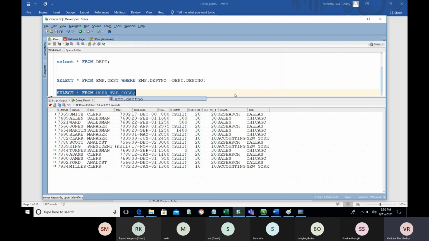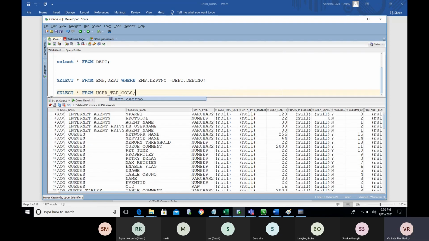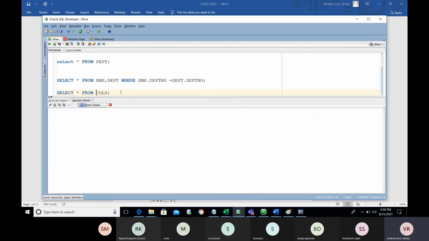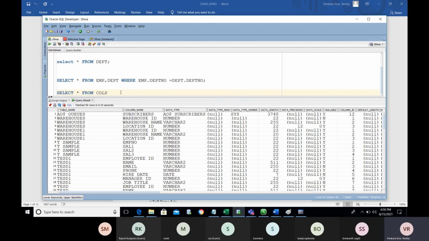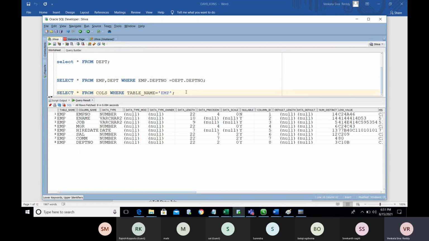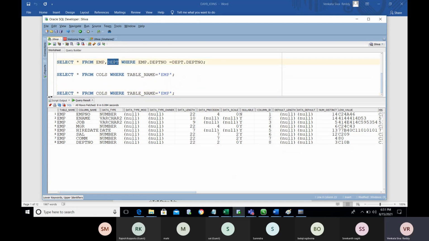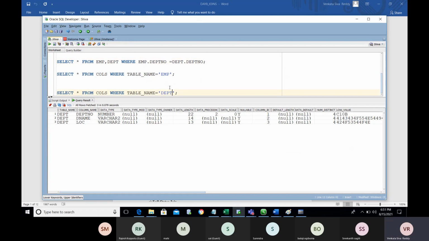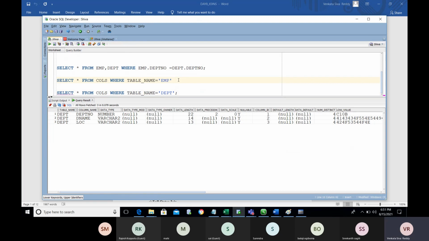This is one place, and you will get the data simply if you mention another object like COLS. In this place also you will get the data. Here we have TABLE_NAME as the column, so you mention the table name, and now you will get the columns we have for that EMP table. If I want to get them for another table, I will use TABLE_NAME equal to DEPT as well. Now I mention both the EMP and DEPT tables.